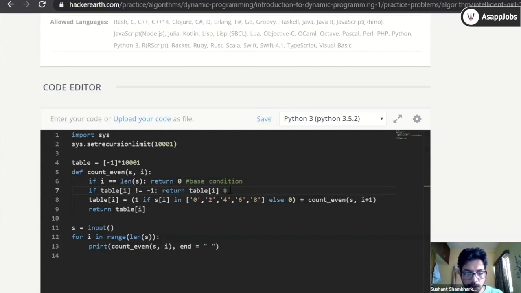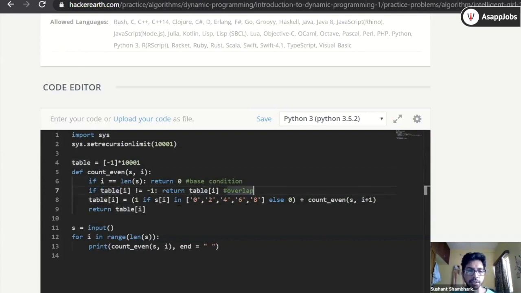We call it overlap. If there is an overlap, that means this function has been called before with the same string and the same index. So you don't need to go any further, just return the value from here. Don't recurse or do anything.